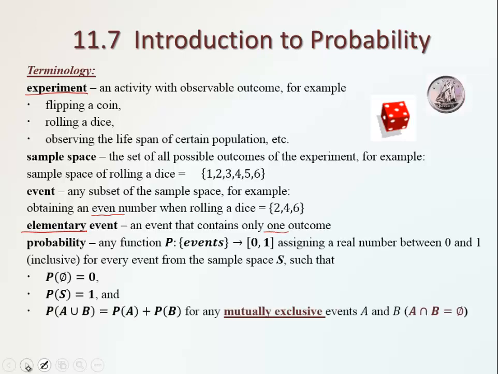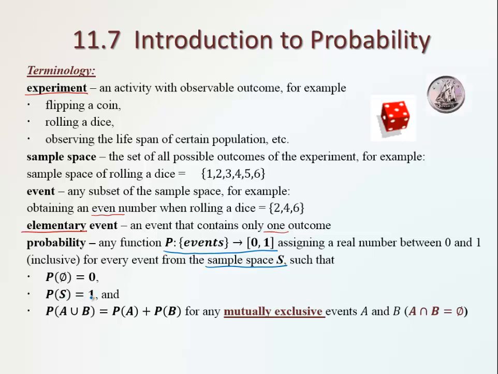And what is a probability? Probability is really a function. It's a function from the set of events into an interval from 0 to 1 with the endpoints. This function needs to satisfy certain conditions. For example, the value assigned to the event represented by an empty set is 0. The value assigned to the event that is composed of all possible outcomes, that means to the sample space, this